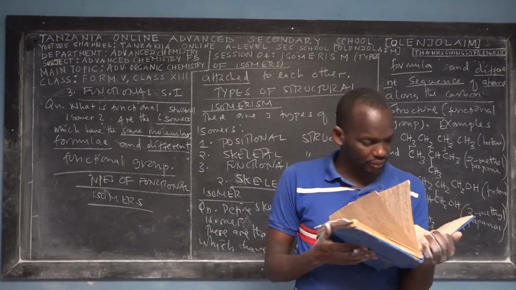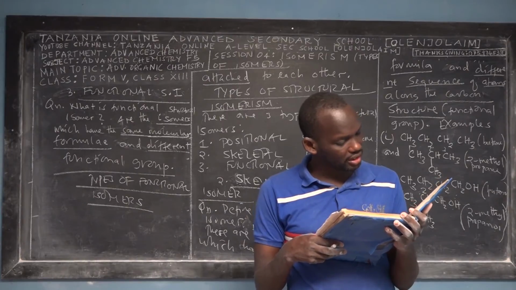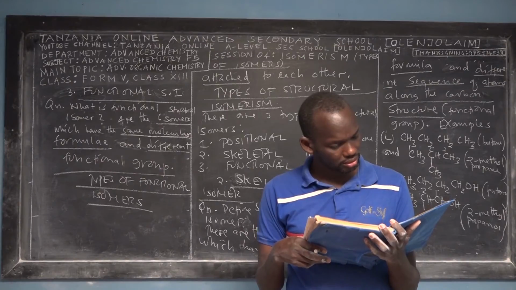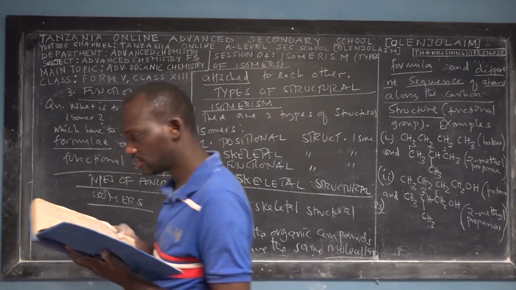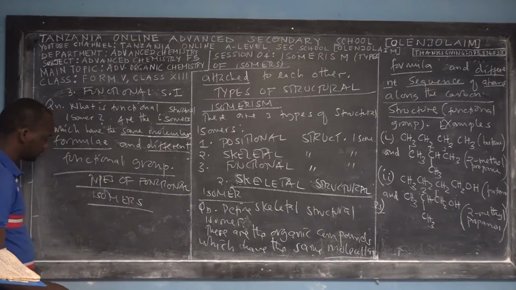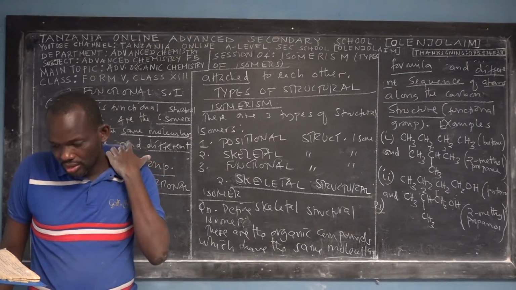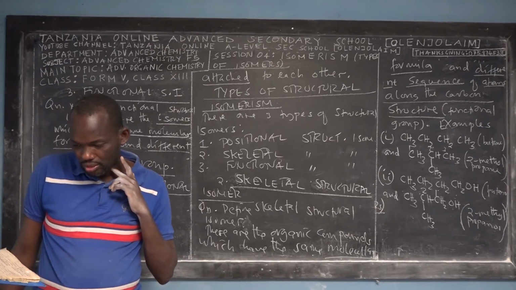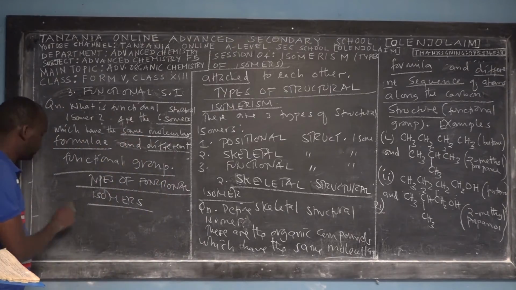The first group, I would like to give you examples of alkenes and cycloalkanes. So basically for this, how many examples am I going to mention? 1, 2, 3, 4. We'll simply say that there are four